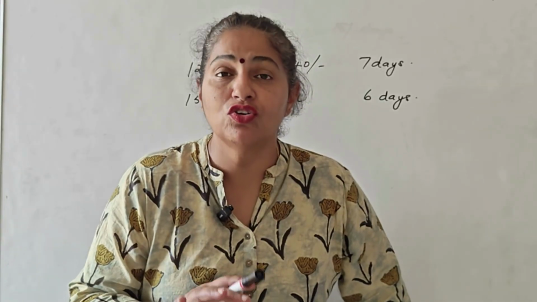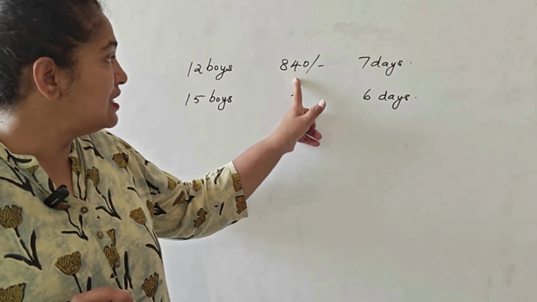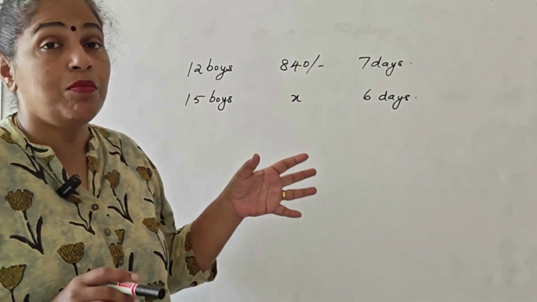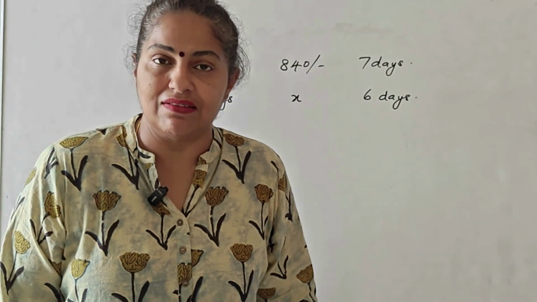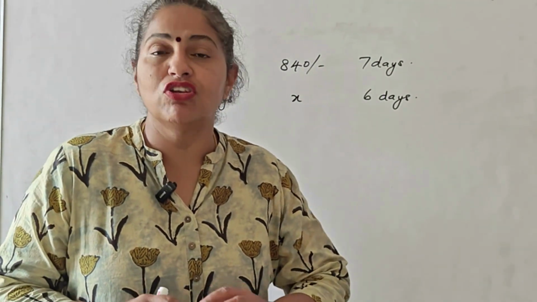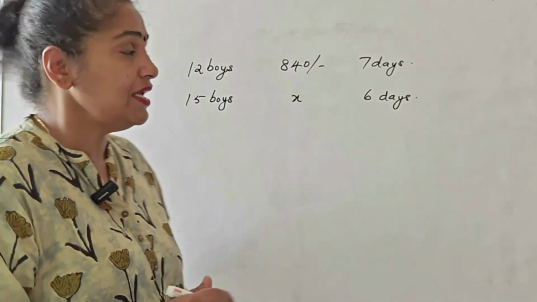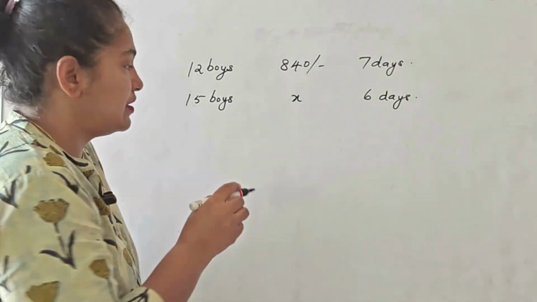Now, let us move on to the next type of sum. 12 boys earn rupees 840 working for 7 days. What is the amount or what is the money earned by 15 boys working for 6 days? Now, this kind of sums are actually very interesting. Let us see how we can solve it quickly. 12 boys earn 840 in 7 days. Okay. So,